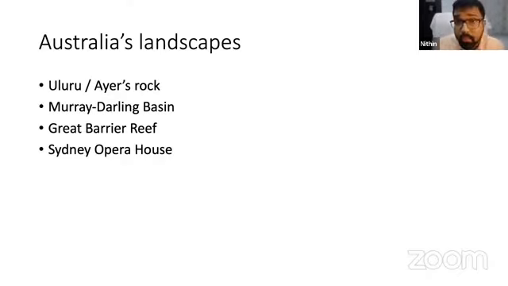So the first place we'll be looking at is Uluru or Ayers Rock. Before I show the image, I think the audience here must have seen this in movies or documentaries, and it was called the Ayers Rock. That is the English term for the mountainous structure that I'm going to show, and Uluru is the indigenous Aboriginal term. Even the shift from Ayers Rock to Uluru came after a long battle with the government.